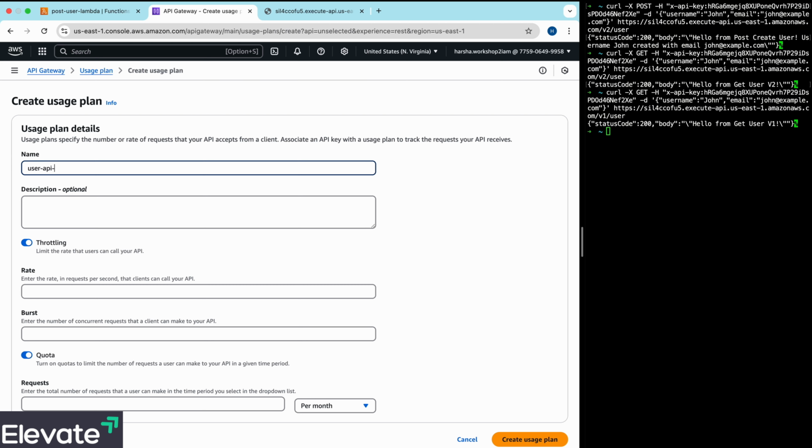So this will be user API usage plan v3. This is for the version 3 stage. And throttling: these are some of the limitations you can enforce. How many requests per second can your clients call? Maybe 2 concurrent requests, maybe 2 here, and here you can limit how many requests your entire API can serve in a day. Let's make it 5 for now, so we can experience that after 5 calls our API will not